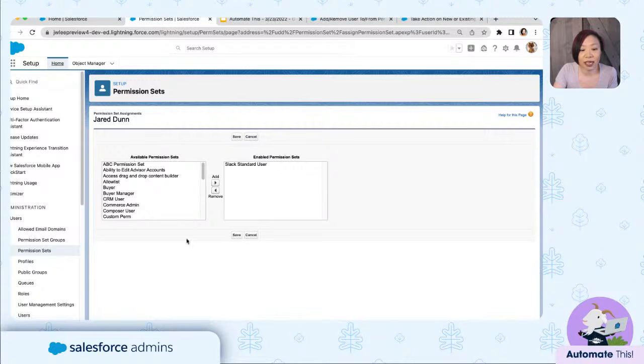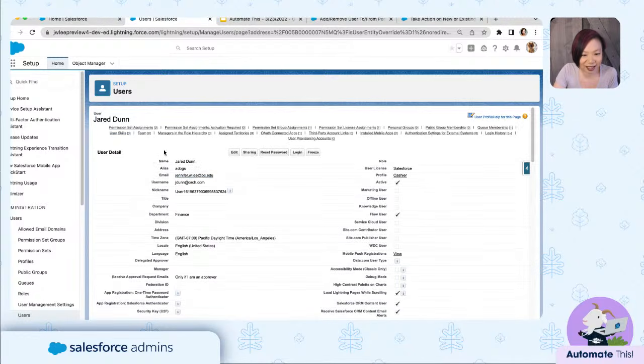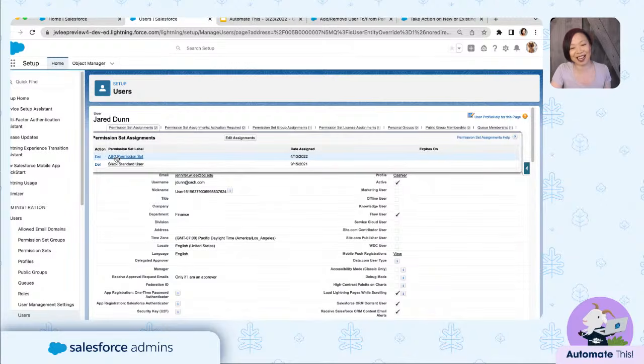Okay, you'll see all the available permission sets that we could assign Jared, and he already has a permission set assigned to him. So the UI restricts it and only allows you to assign permission sets that aren't already assigned to Jared. So we're going to hit save, cross our fingers that it doesn't take forever. And this should add the permission set to Jared once it takes its time. And there you go. So Jared's assigned to the permission set.